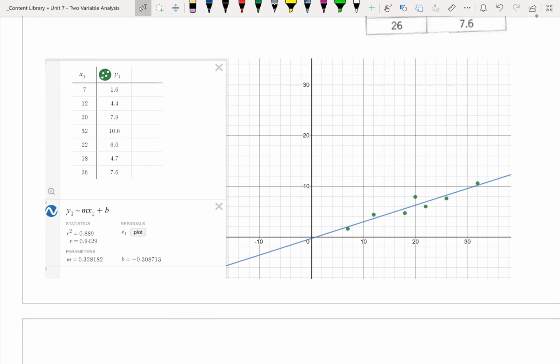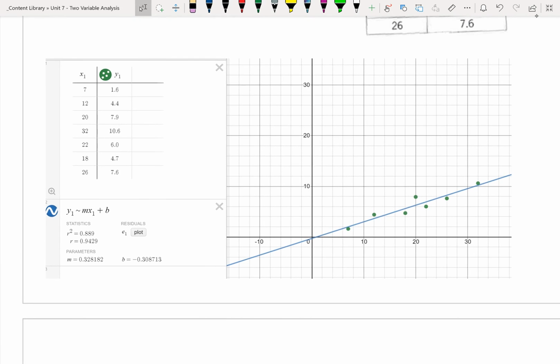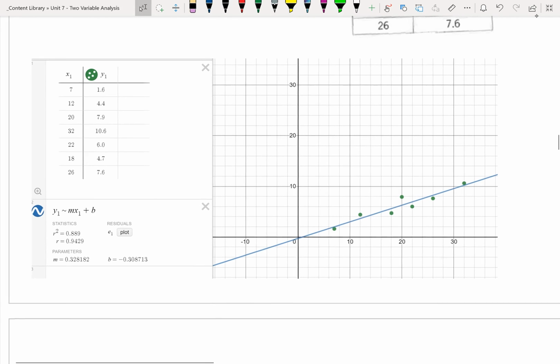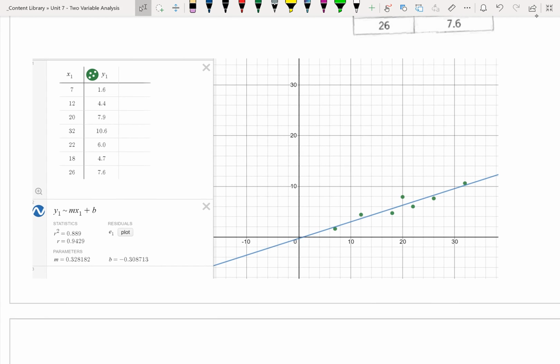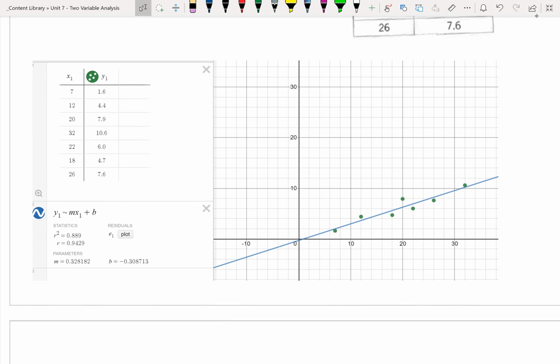So we've plotted our points, and then we've created a linear regression by using y1 ~ mx1 + b, and we've come up with our r squared value, our r value, and our m and our b value. And let's create our line of best fit. So here's our scatter plot. Now going back to the question, is this